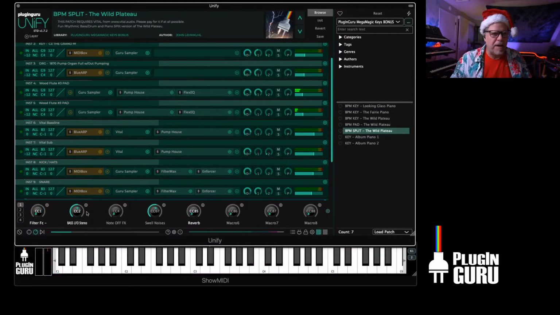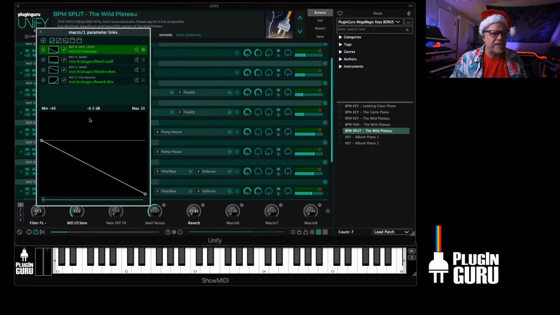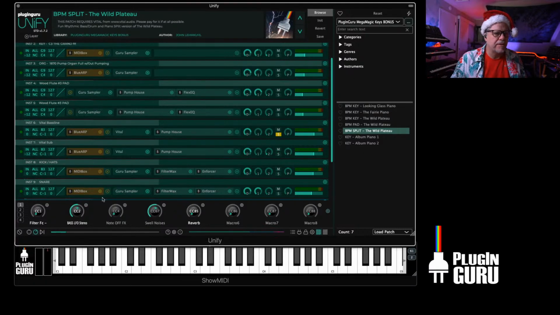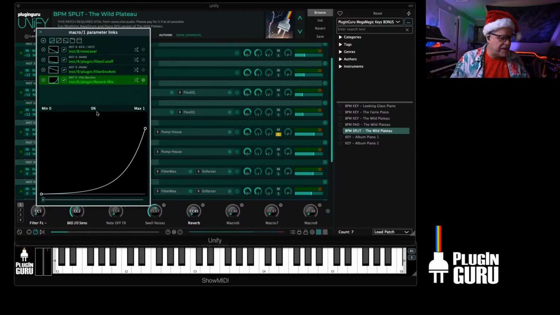And I'm not done with this patch yet. There's more knob assignments to do. I set up some of these things to do what I wanted: the drums to go away. The reverb mix has a really cool curvature. So this is on layer 6. If we go to layer 6 and solo it, and then go back to the knobs, you'll see I